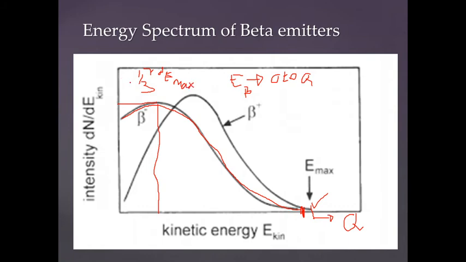So you can see that a large number of beta particles, because the intensity is maximum here, have energy which is one third of Emax, and the range varies from 0 to Q. Now this is a continuous distribution of beta particles, which has not been understood,